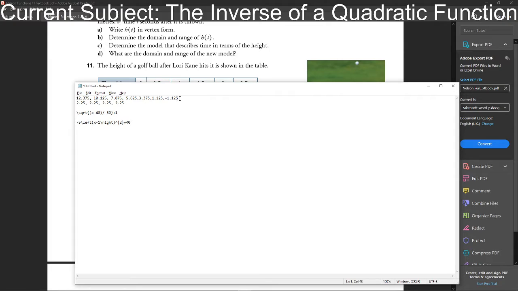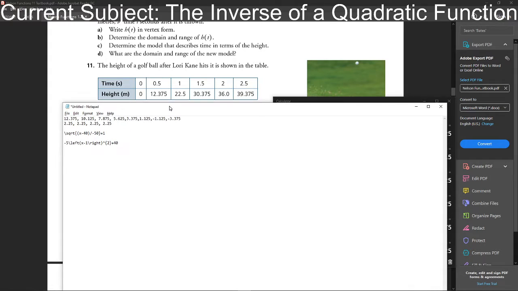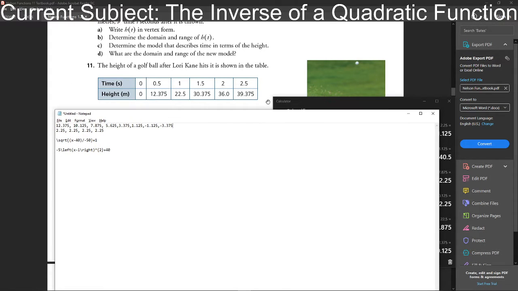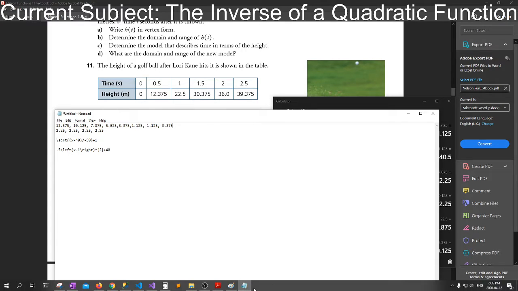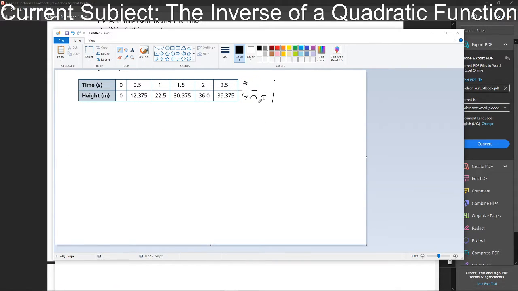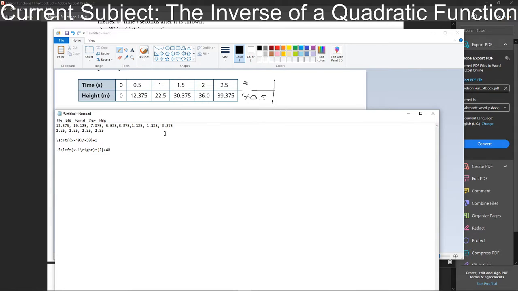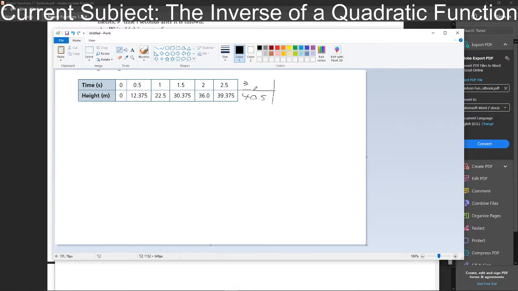But yeah, the negative 1.125, and then oh yeah, and then it's just gonna flip, right? So then we're gonna get negative 3.375, and then so on. So go back to Paint. This was just that plus that. So then we're gonna